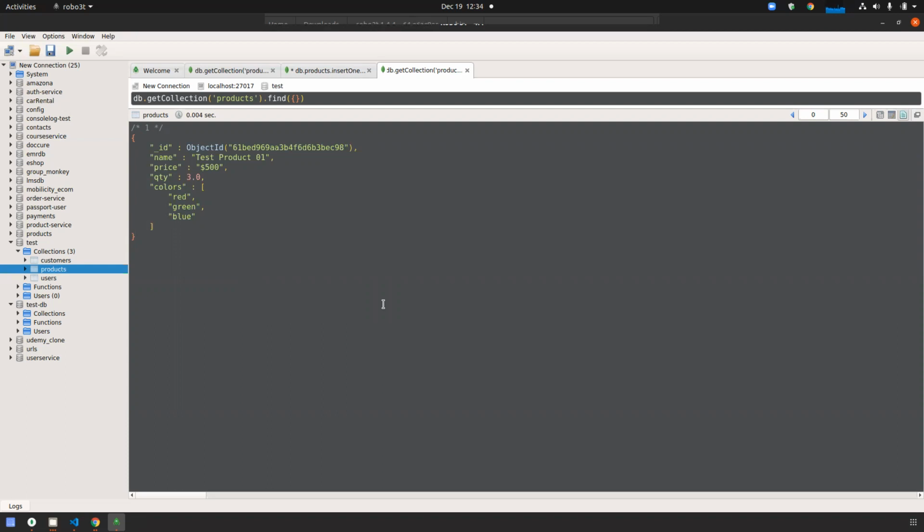And then colors is an array. So this is insert one. We can insert only one single record. If you try multiple, it will throw an error.